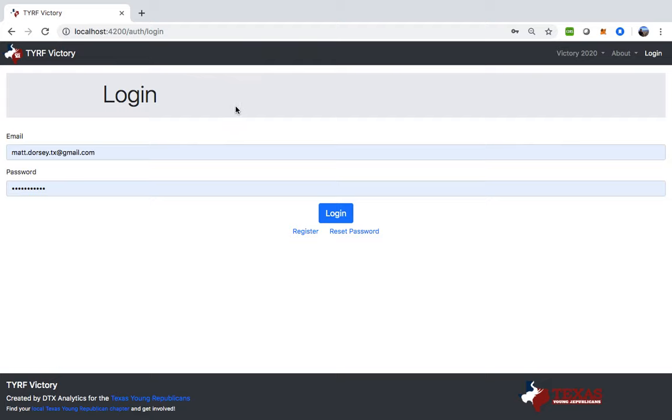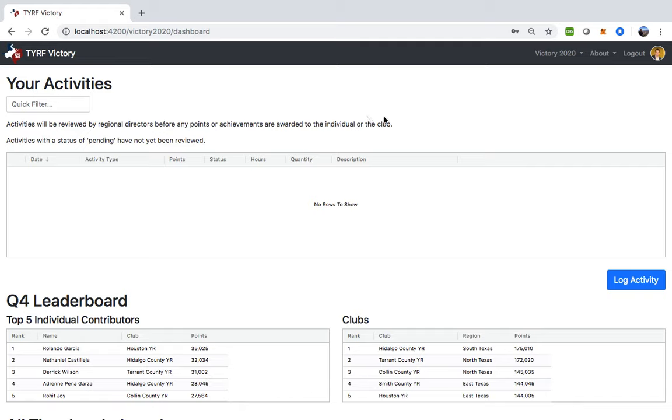I'm going to pretend to be a new user, and I'll pretend to log a fake activity that I've volunteered for, and the fake activity will be my volunteering at Oktoberfest with the Collin County Young Republicans at their voter registration booth. So I go to log activity,